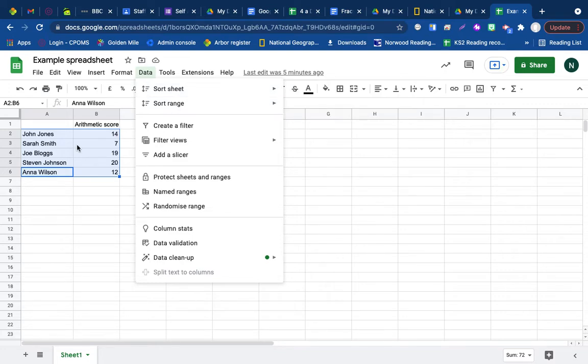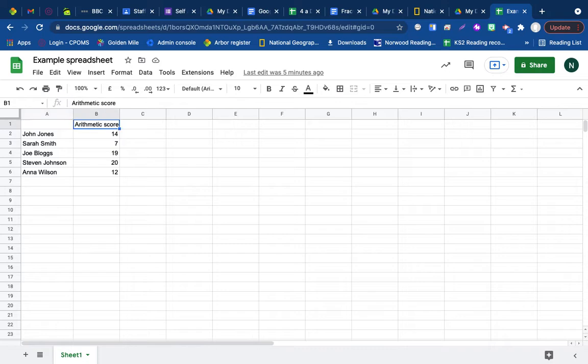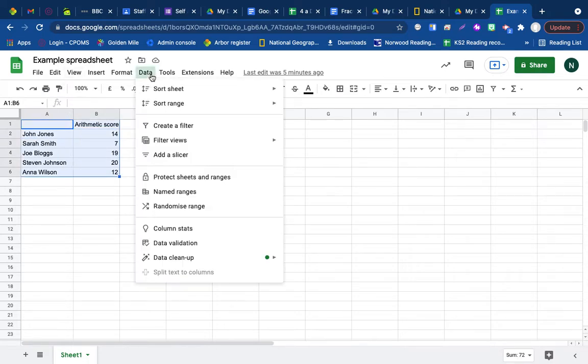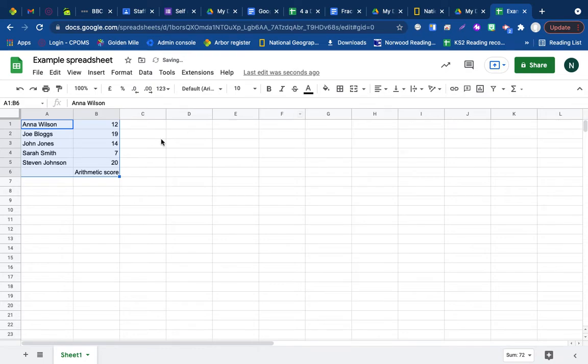So let's pick out all of this and then go to Data and sort sheet by column A to Z. So now it's done everything, including the arithmetic scores dropping down to the bottom, okay, which I don't really want. So I can do the undo button, take it back to where it was, and instead, what I'm going to do now is start here, Control, Shift, highlight them all,